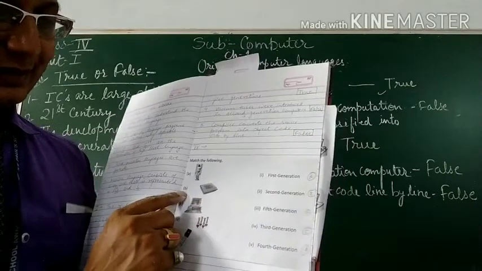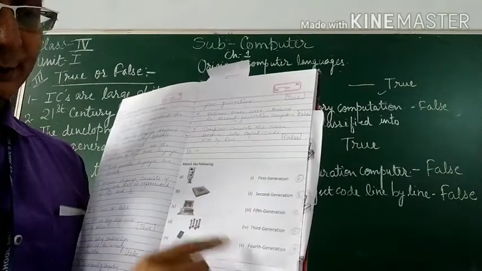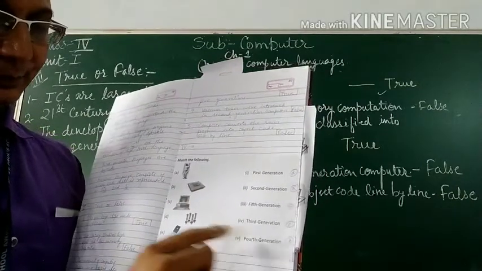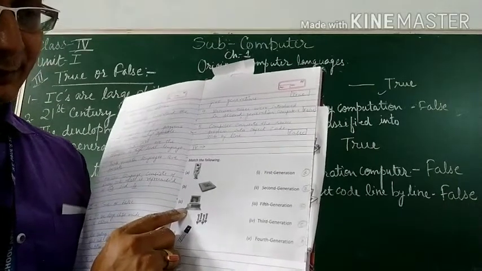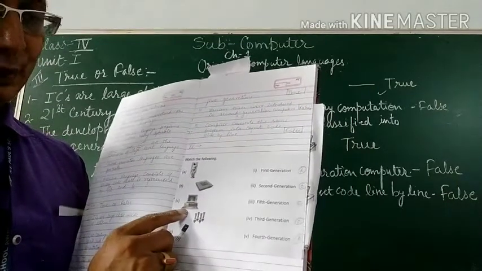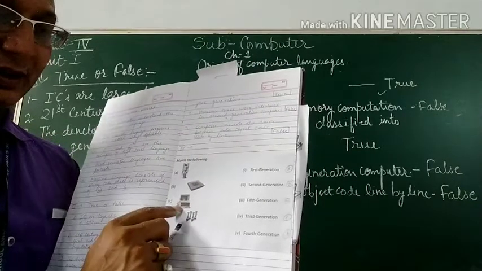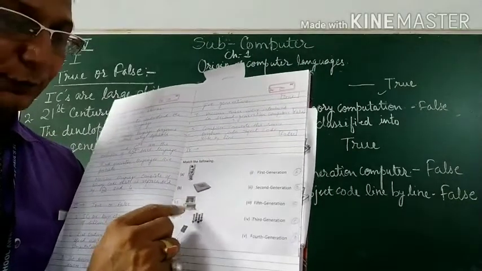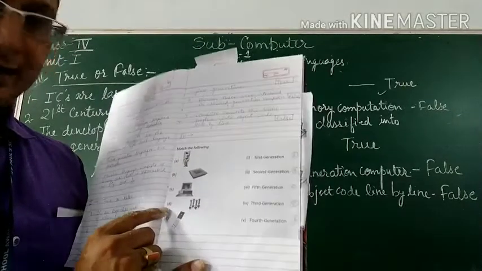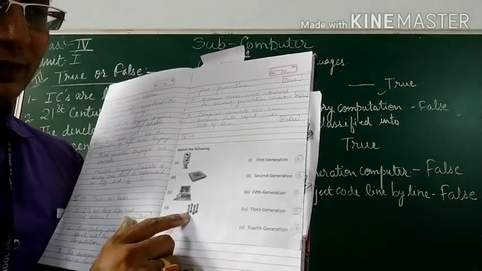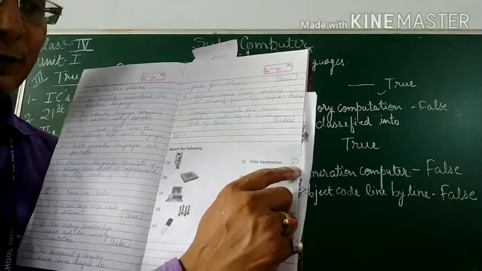In second, B. This is a microprocessor chip. This comes in the fourth generation. Third, this is C. C will come in the third generation. Why? Because ICs were introduced, and here the use of monitor and keyboard was also introduced. Now in option D, vacuum tubes were shown. It will be in the first generation. You will write D over the first option.